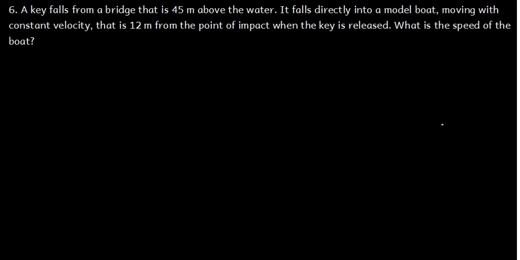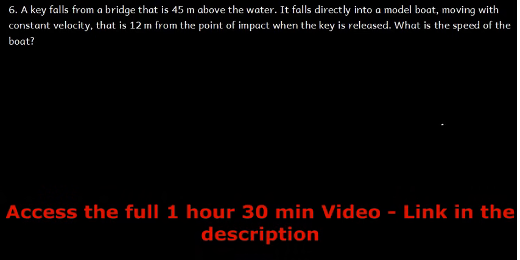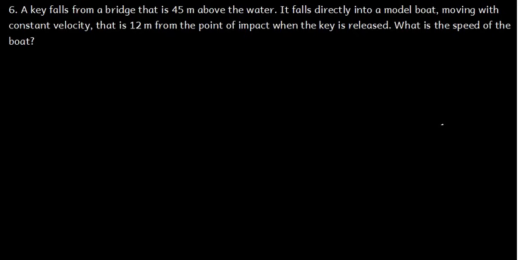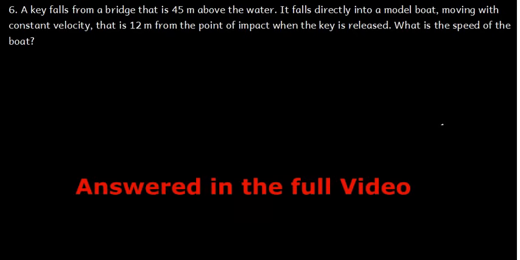Okay, so we have number 6, which is saying a key falls from the bridge that is 45 meters above the water. It falls directly into a model boat moving with a constant speed, that is 12 meters from the point of impact when the key is released. What is the speed of the boat? Now, this question, the key point here is